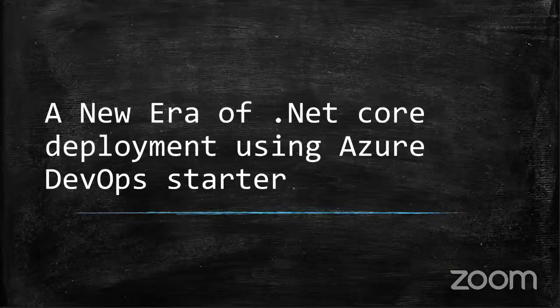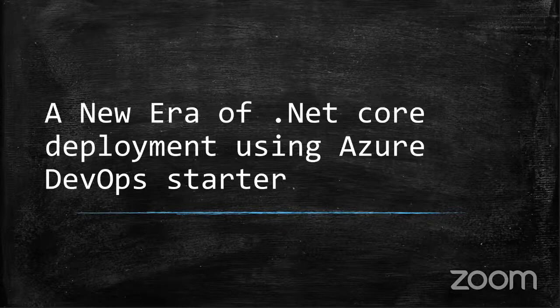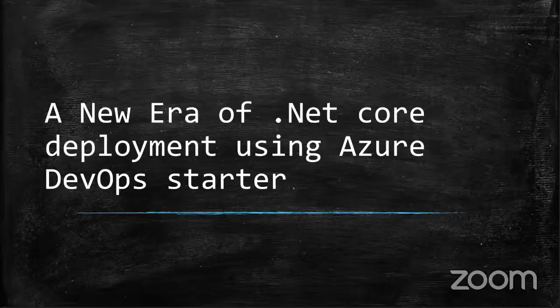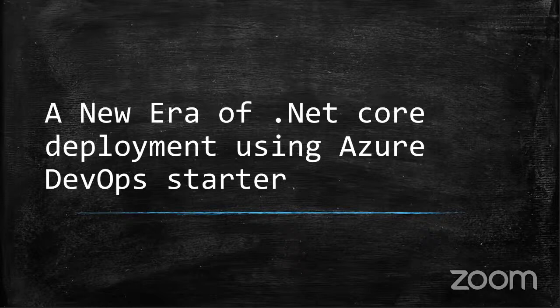We need to discuss something cool about Azure DevOps Starter, what is available there, and how we can choose the template, depending on what kind of application we are going to deploy. .NET Core is a growing technology, and it has already grown because people are migrating from the .NET Framework to .NET Core because of its support for all kinds of platforms, like Windows, Mac or Linux. Creating, building and deploying an application without any additional supporting SDK makes it available and grows its popularity to the top.